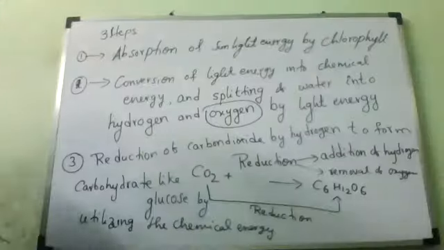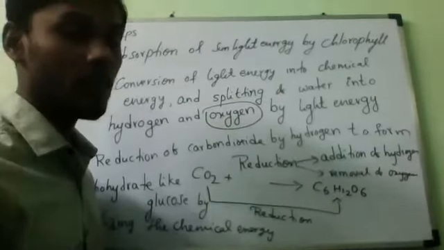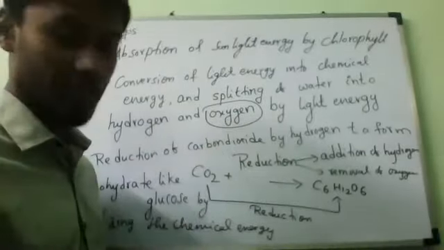Step 3 is that we are getting oxygen as a byproduct. But why can't you write it first, sir? Why are we writing glucose first? What is the main primary use of photosynthesis?